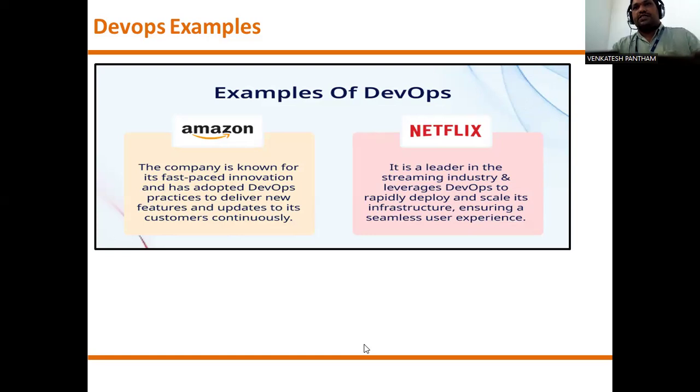And the same example applies to Netflix. Netflix is an OTT platform and entertainment service, consisting of different types of languages, different types of series, and different types of programs.